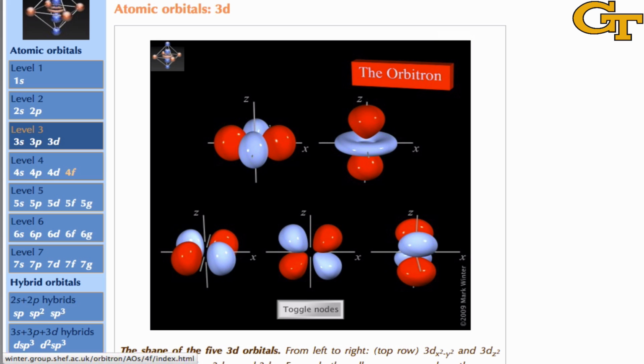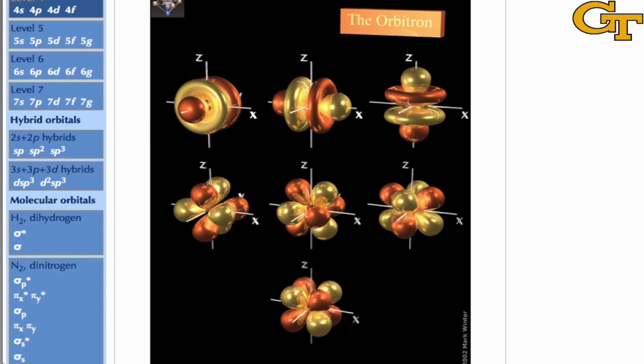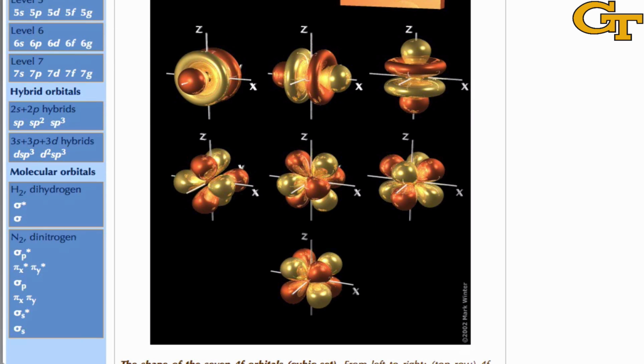Briefly, I'll mention the 4f orbitals, which are important for the lanthanide and actinide series. And these look, again, very complicated, sort of like the d orbitals on steroids. But once again, interpret these in the same way that you would interpret an s or a p or a d orbital. Inside the container, inside the surface, we're likely to find electrons. And the color of the surface tells you the sign of the wave function within